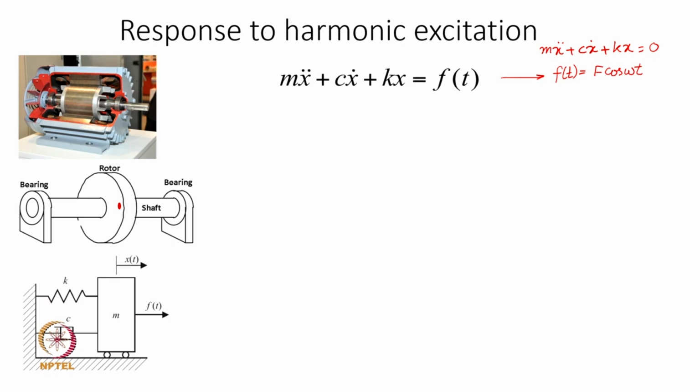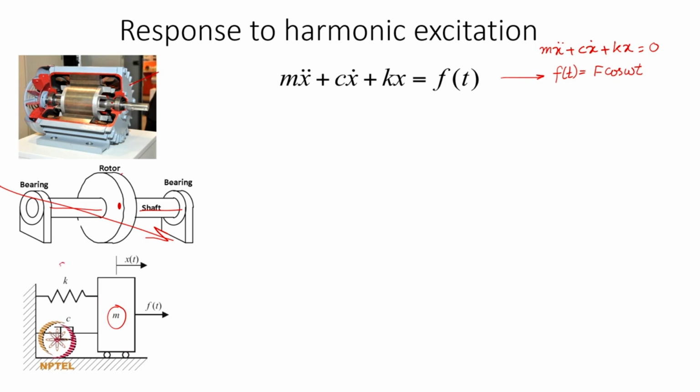Now, the examples are like an electric motor which is spinning at a certain speed supported on these bearings, and we discussed this example, which can be modeled in a simple fashion like a simple flexible shaft and a rigid rotor, a disc at the center of the span, and the bearings offering a simple support, which itself can be modeled like a spring mass system. And then if that is modeled like a spring mass system, if we consider the vibration in the horizontal plane, then because of the stiffness of the shaft, the rotor or disc can be assumed to be a lumped mass here.